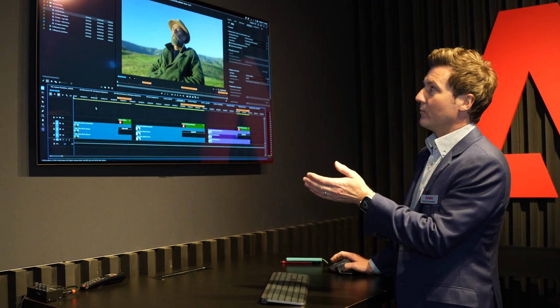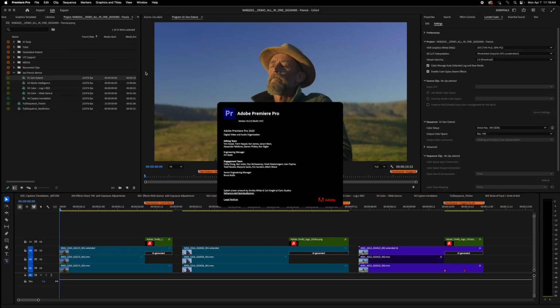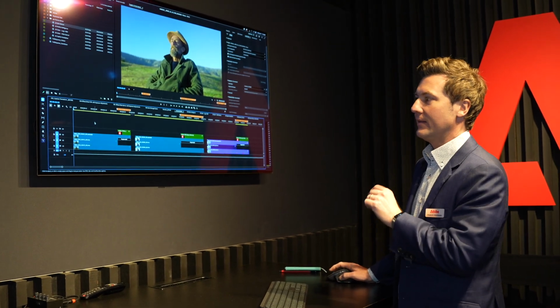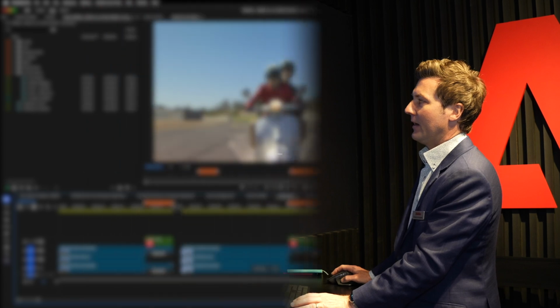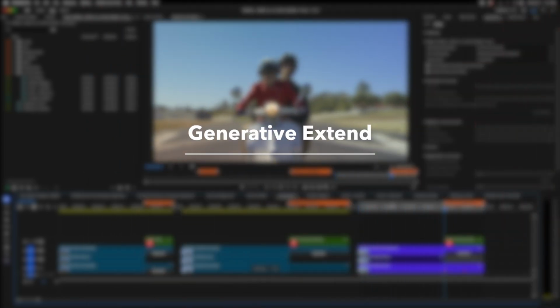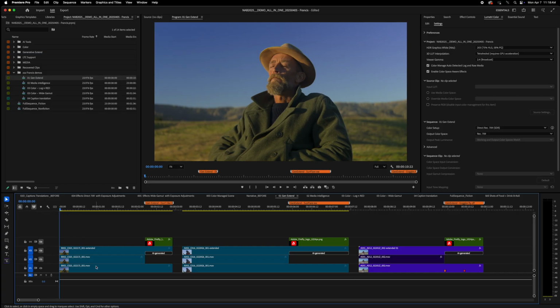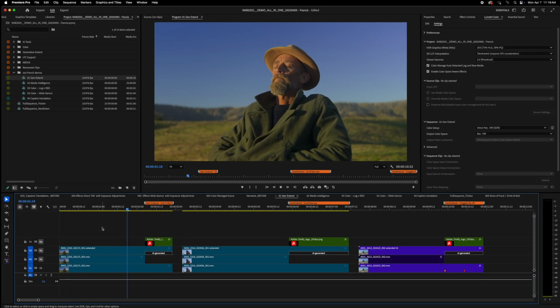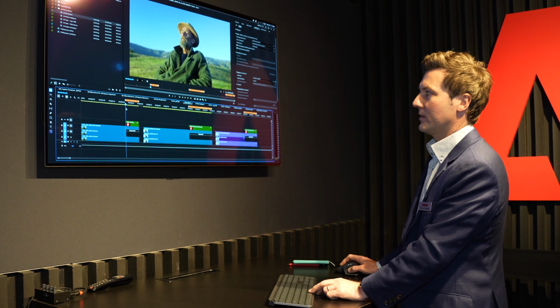Okay, so here we are in Premiere Pro. We are in version 25.2, which is the latest version out now. You can go download it from Creative Cloud Desktop. And I want to show generative extend. So first thing, I'm going to show the problem that we're trying to fix with generative extend. I'm just going to turn off some layers here, and we're going to be looking at this bottom video track. And he's just trying to relax, but then he starts to shuffle his arm. And as an editor, this is the kind of annoying thing that you want to fix.